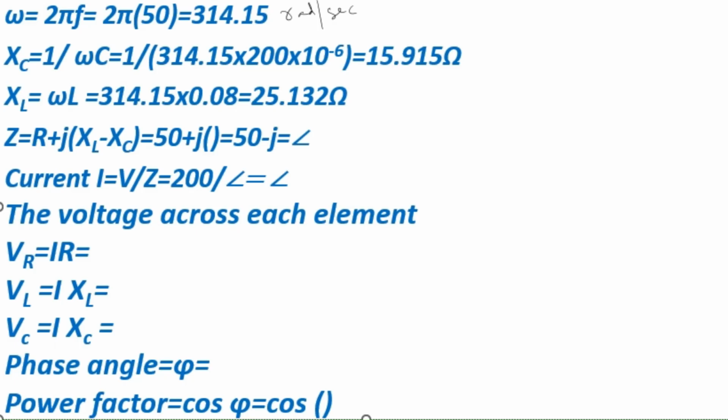The units for inductive reactance are ohms, and capacitive reactance is also in ohms. The formula for Z is equal to R plus J XL minus XC. Now we can obtain R as 50 ohms and the values of